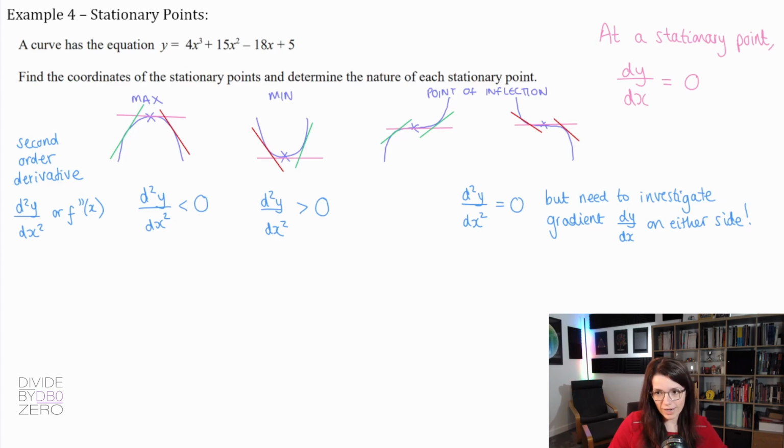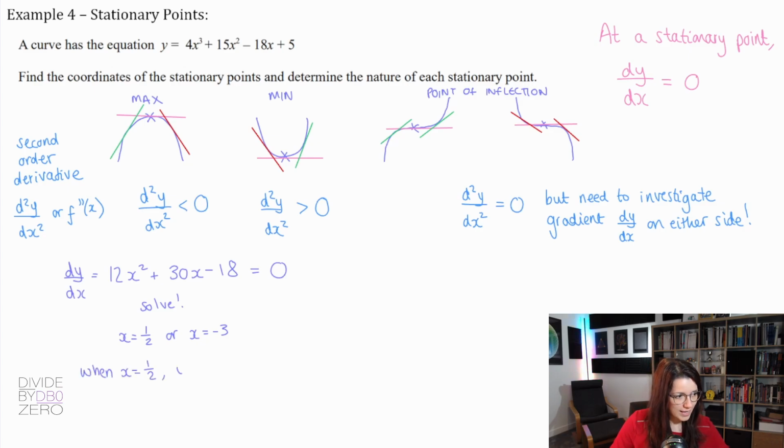y is 4x cubed plus 15x squared minus 18x plus 5. So if we differentiate first, that's going to be 12x squared plus 30x minus 18. Now to find the stationary points, we set that equal to 0 and we solve for x. When you do that, you get x to be a half or x to be negative 3. Find the y coordinates at those points. You just sub your x into the original y